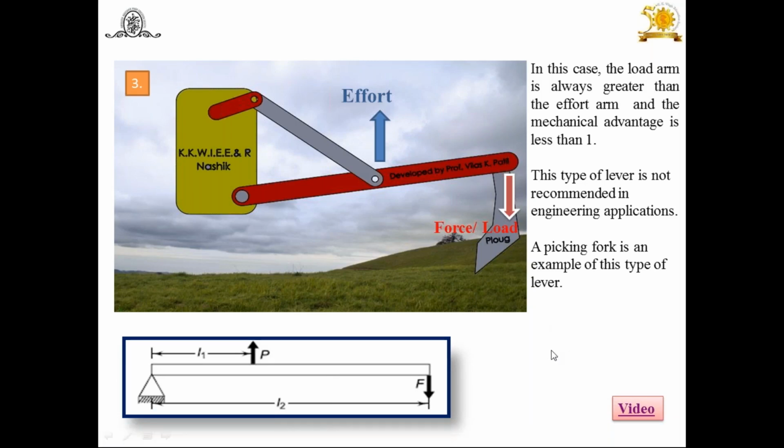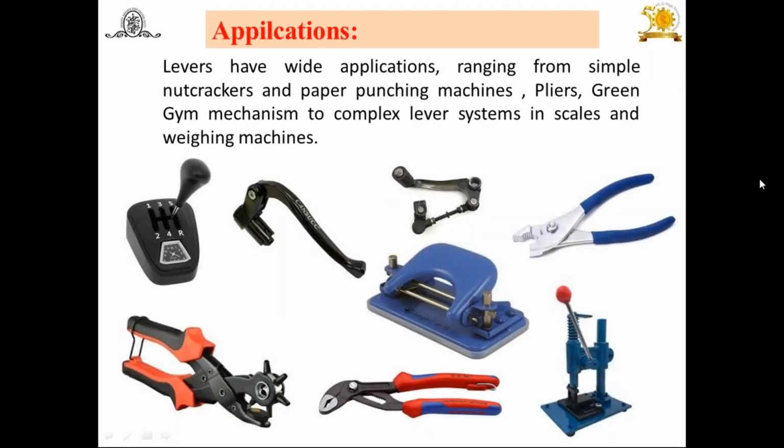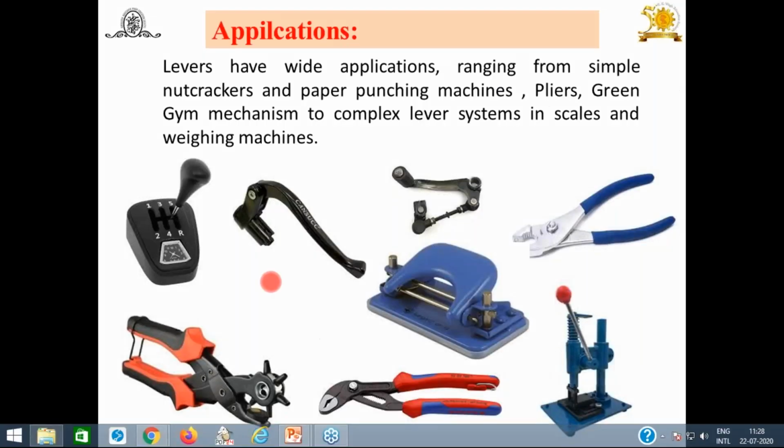We will proceed further to other applications. So you will find in day-to-day life we are using many levers, in our domestic as well as office and other purposes. So look at this. This is a simple gear mechanism. You will find at the end there is a ball to give the movement. This is also one type of lever. Then again this is the hand lever. Generally you will find it in motorcycles and bikes to operate the clutch or the front brake.